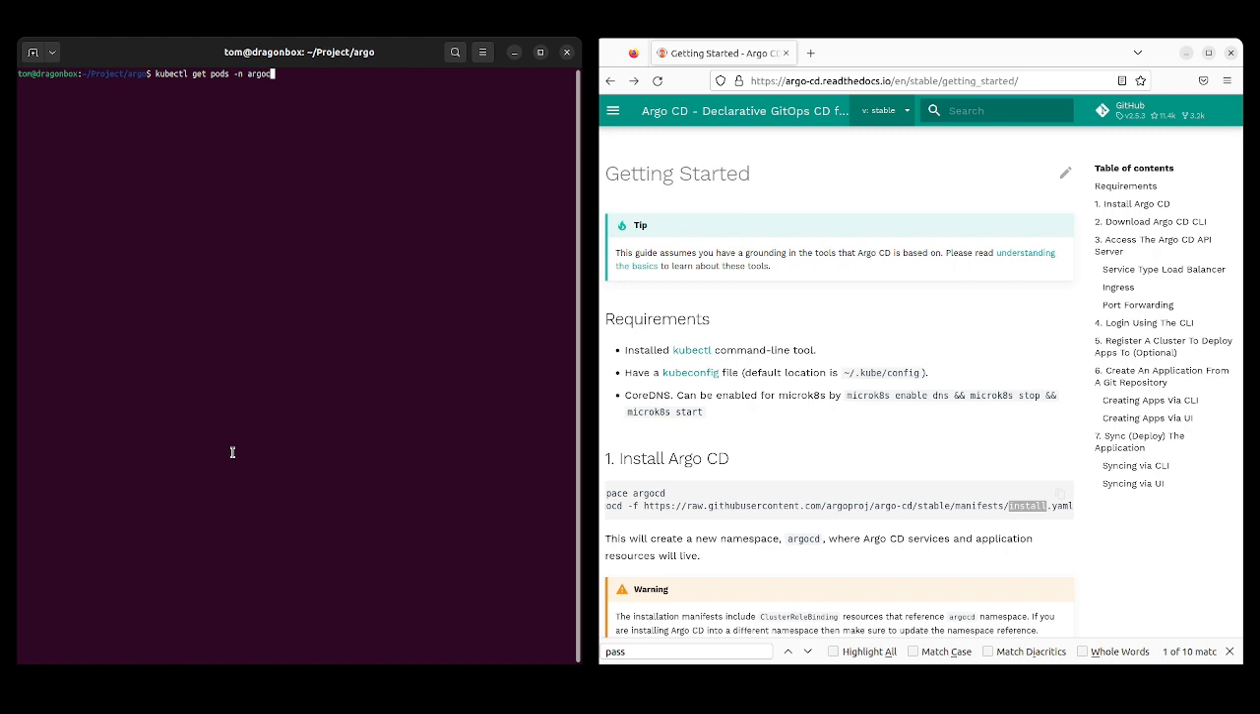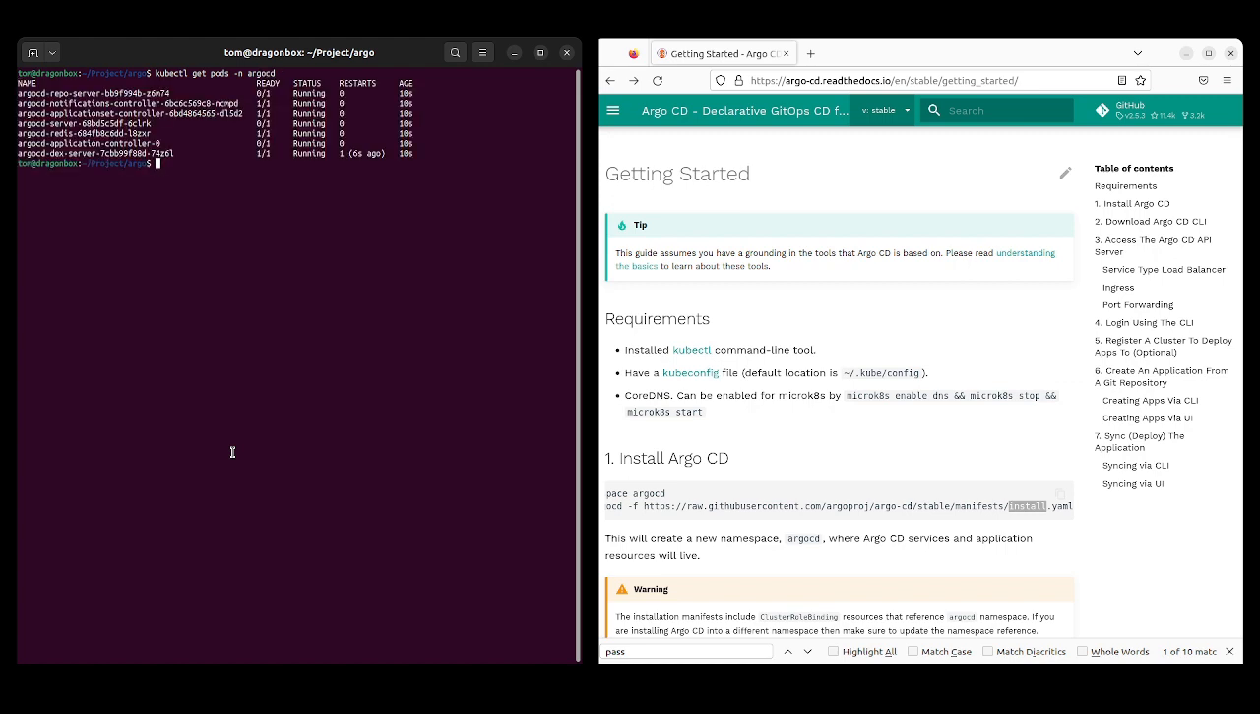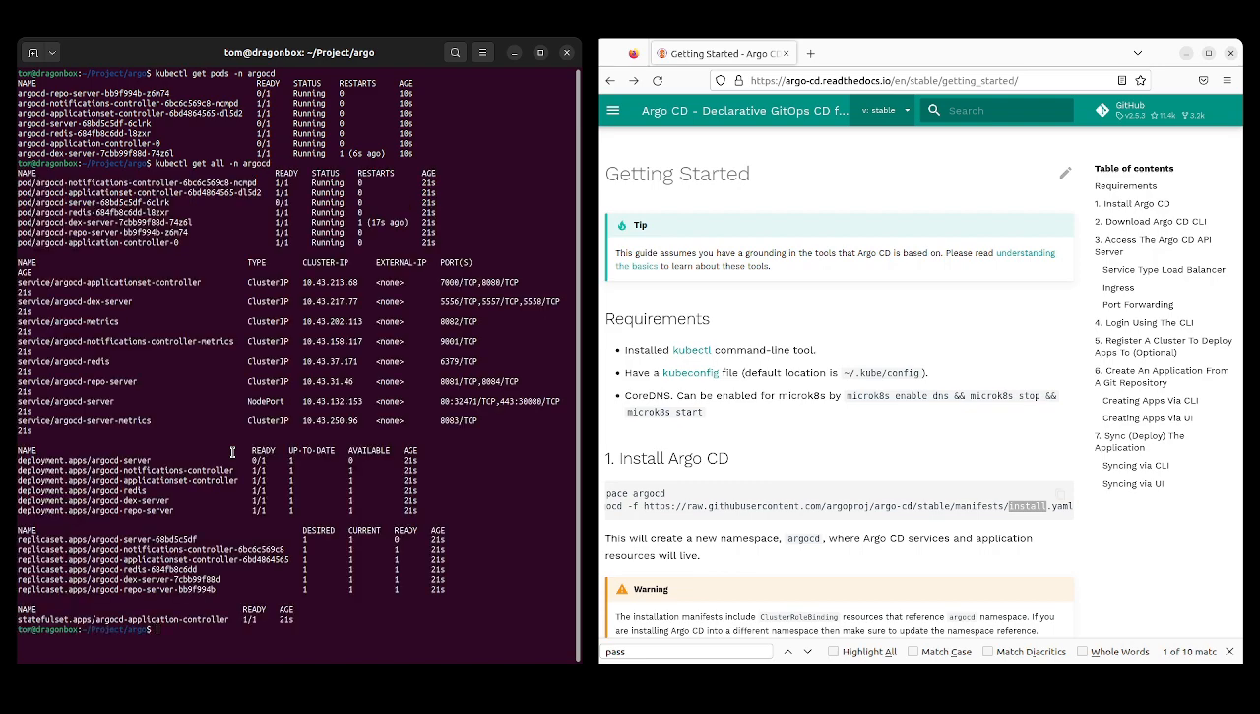Let's do get pods on the namespace argocd, and you'll see a host of microservices running. But more importantly, we need to figure out how to actually get in via a website. So let's just get a more detailed view of the services in question. I'm looking for argocd-server, and you'll see here it's NodePort, and there are the two ports exposed for HTTPS and HTTP. Let's grab that